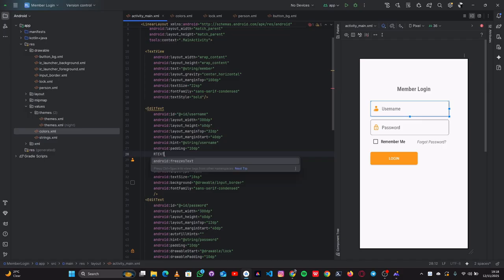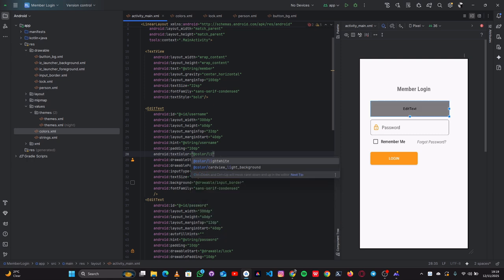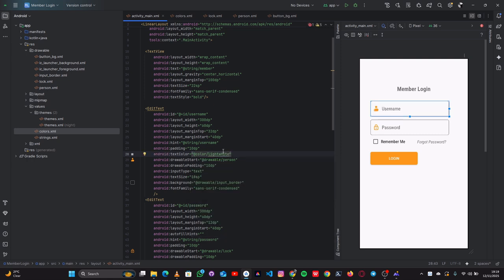So simplify text color here, text color, and then we give it is found on color. As you can see, go to color, then slash, it is found on, we call it light white. So apply that one, and